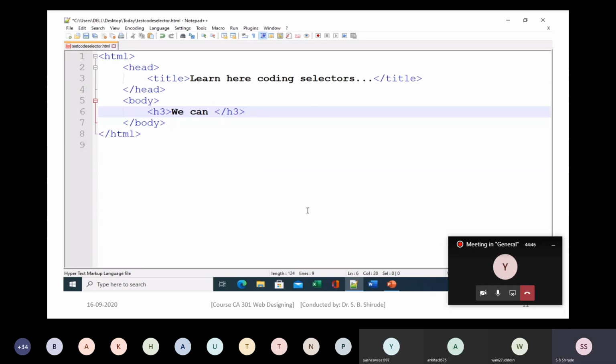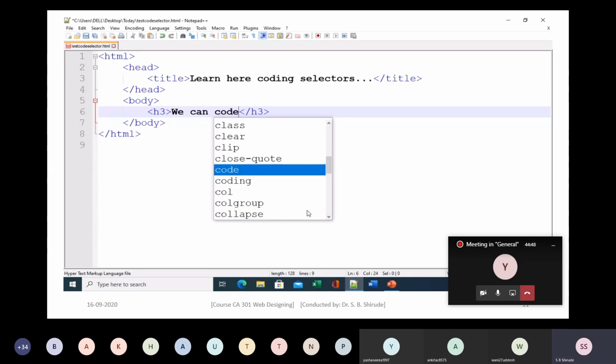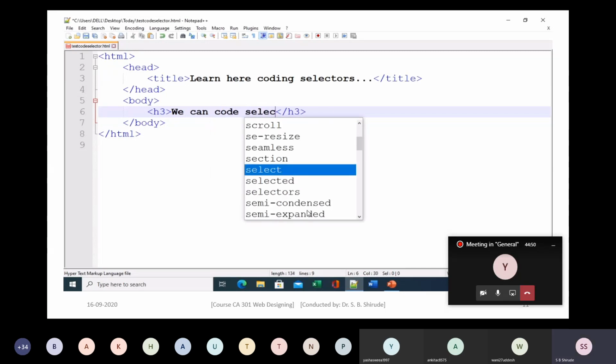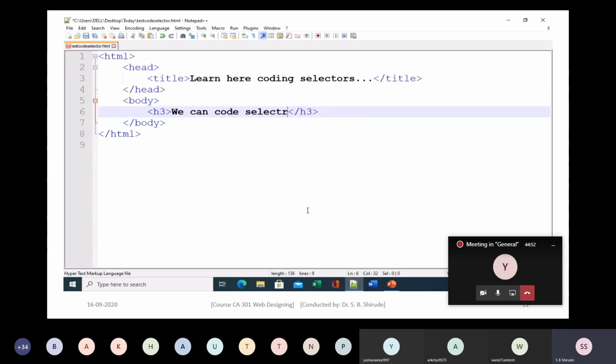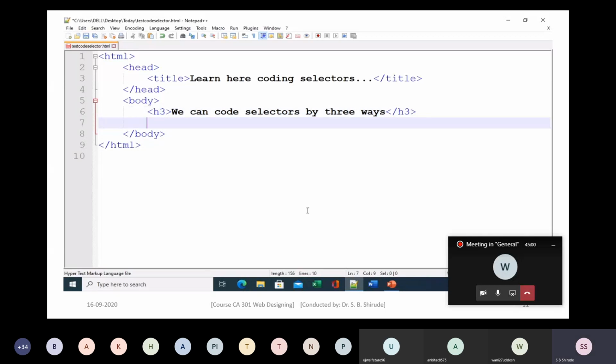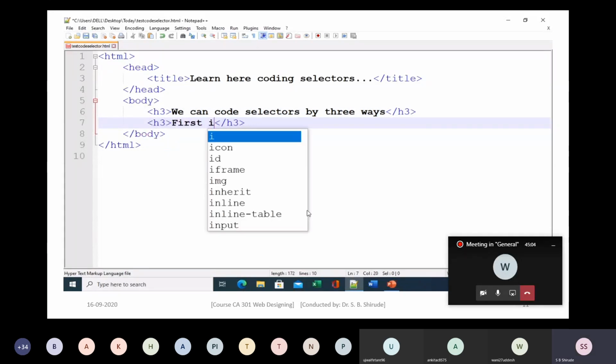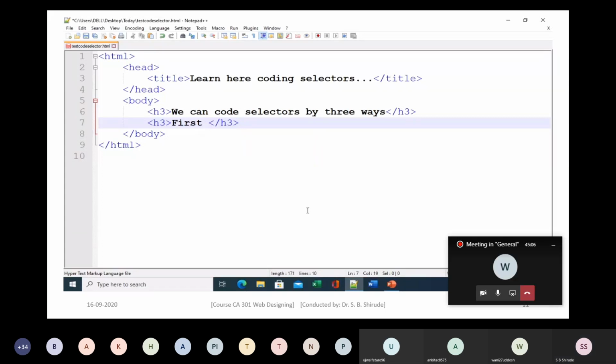So we can code selectors in three ways. First way, H3, using element name.